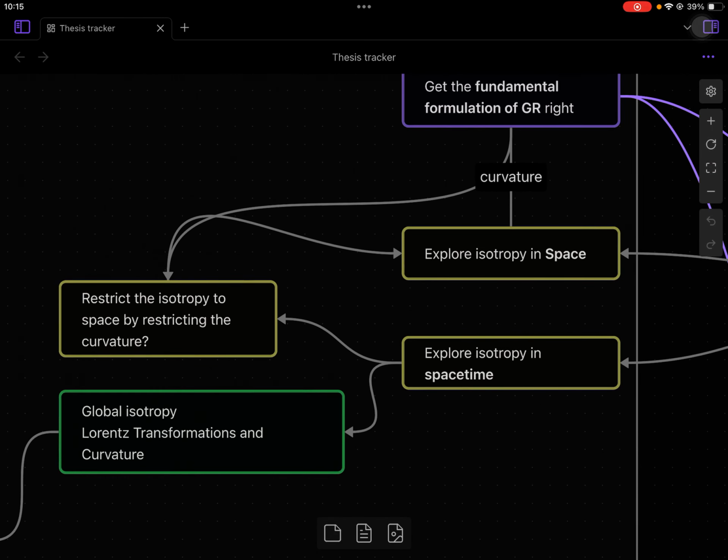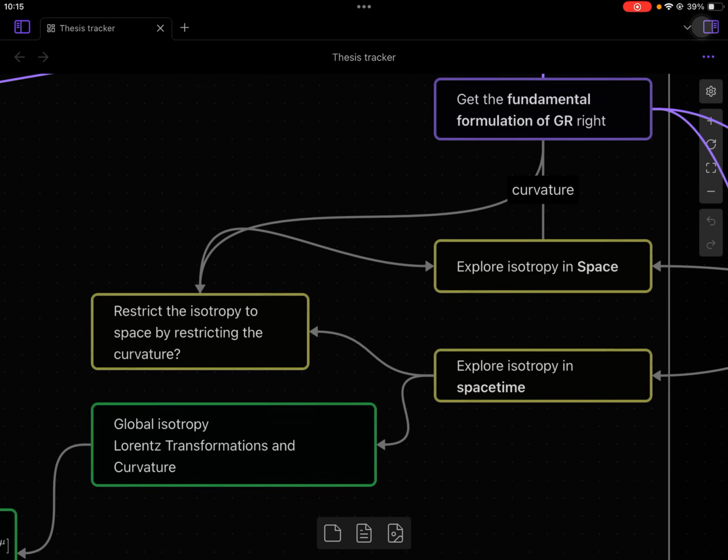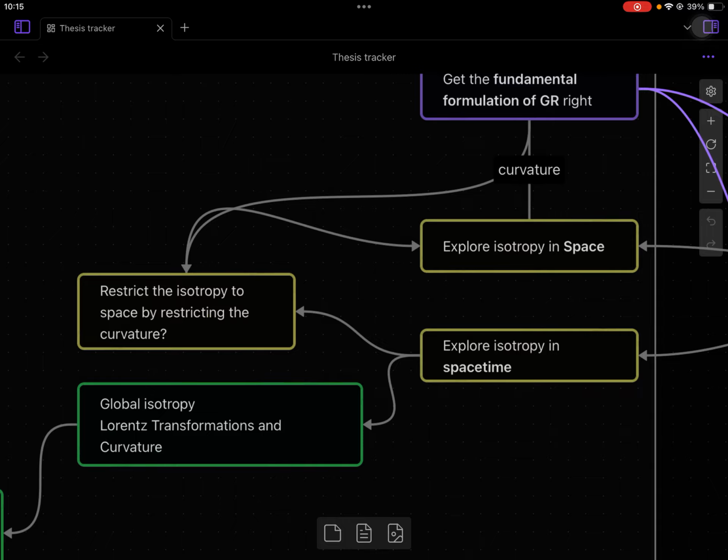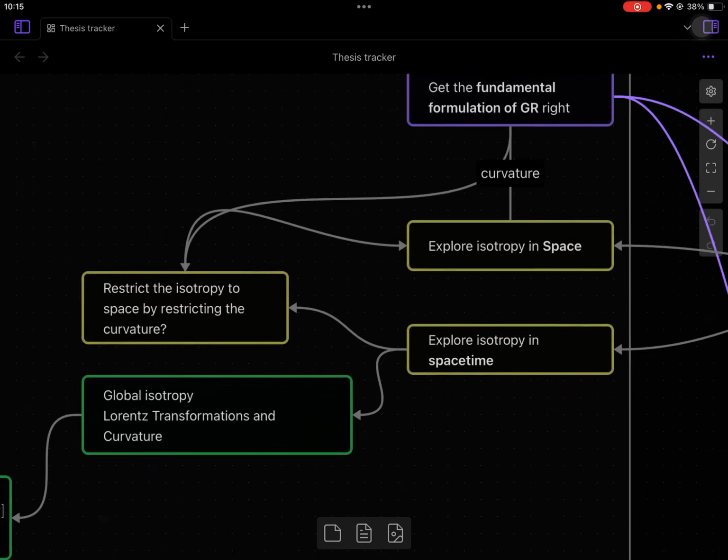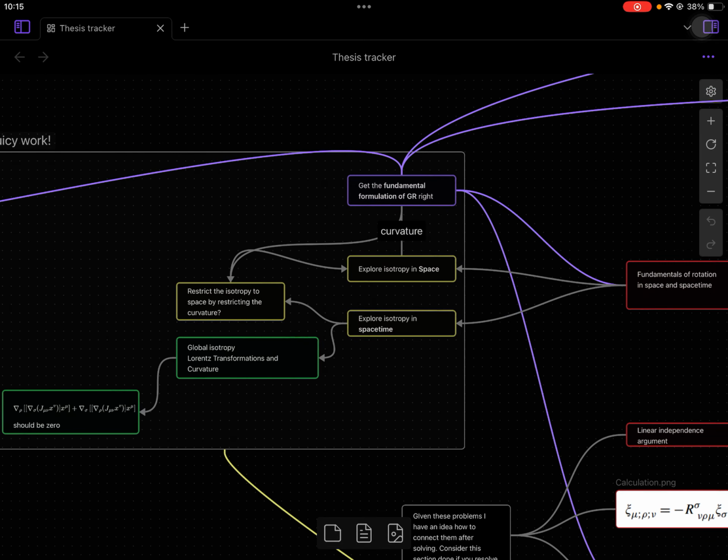And of course, there are some interesting calculations if you want to restrict to space, how would you do the calculation? Because then you have to restrict to rotations. Rotation means you have to preserve the Euclidean metric. While doing these calculations, I sort of recalled how rotations and Lorentz transformations are defined. Rotations are defined in a way where you preserve the Euclidean metric. Lorentz transformations preserve a Lorentzian metric or any signature metric. You get an SO(p,q) type of thing, and for rotations you get an SO(n) sort of thing. By that I mean the symmetry groups.